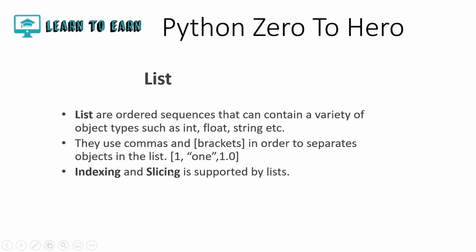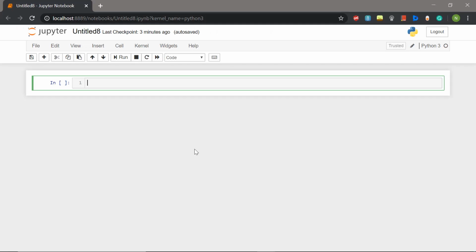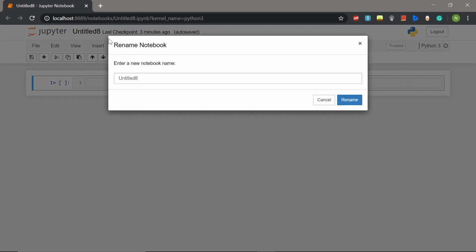Okay, so let's jump into Jupyter Notebook, and today I'll show you how to create lists, how to index and slice lists, the basic list methods, and how to nest lists. Okay, so let's jump right into it. So here I've opened up a new Jupyter Notebook. Let's change the name to list